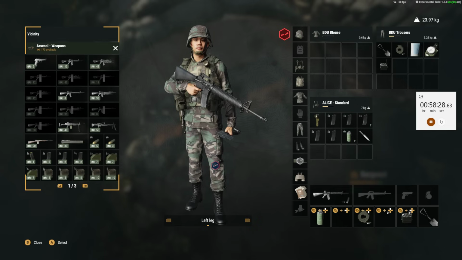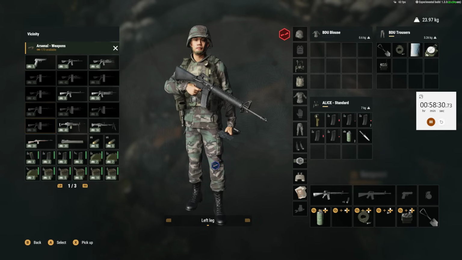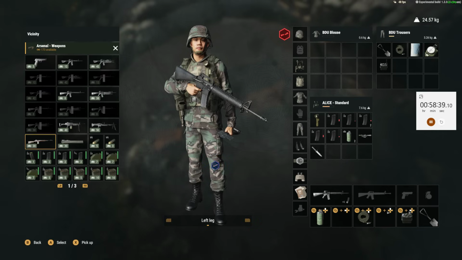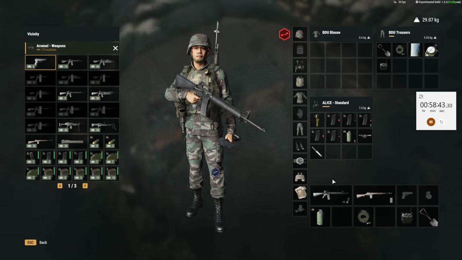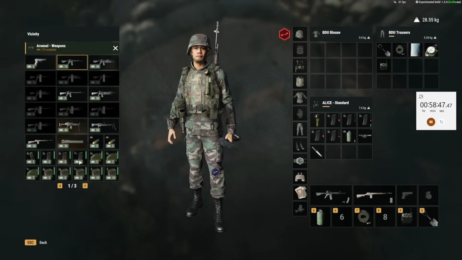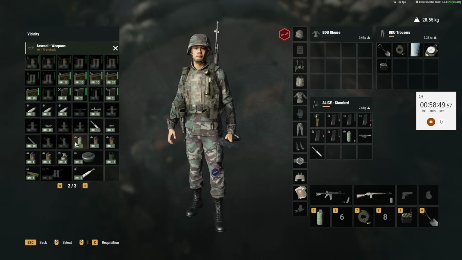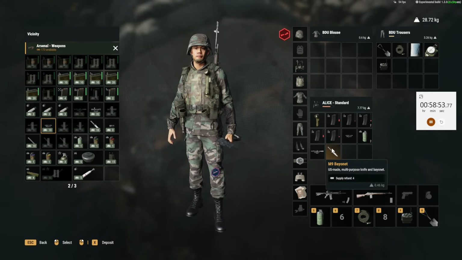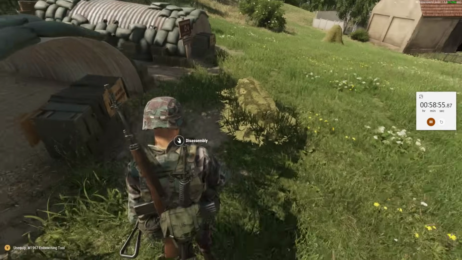So if we open up the arsenal, we can see there's the M21, which I can get, and I have access to the scope. So we can pick up the scope, we can pick up the M21, in fact we can put the M16 away, we can pick up the automatic M16, we can pick up the red dot for the M16, and then if we come out of here,